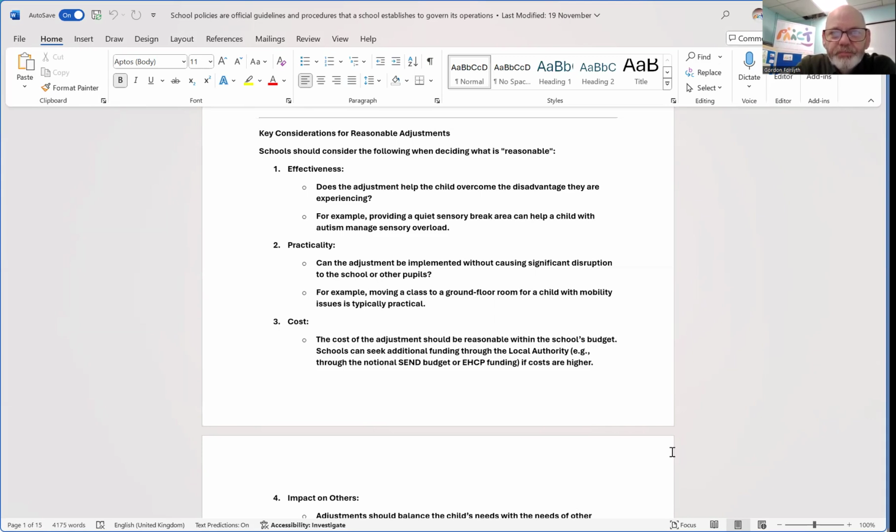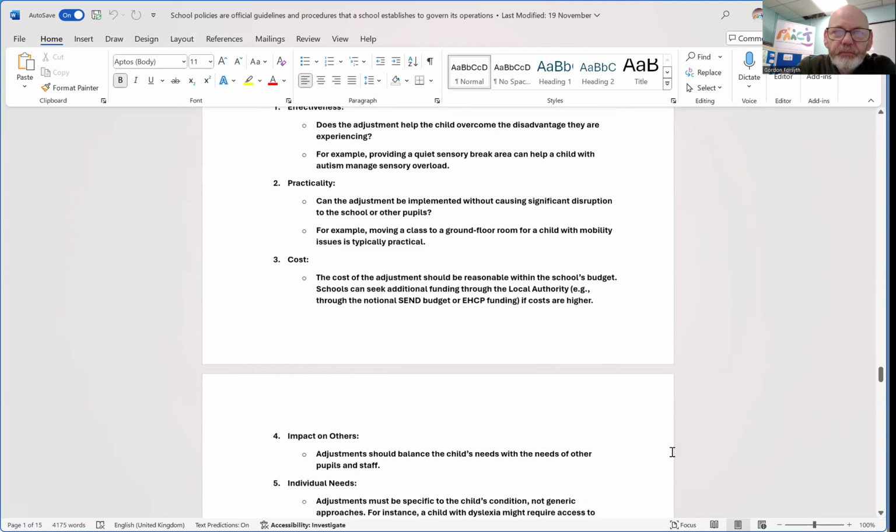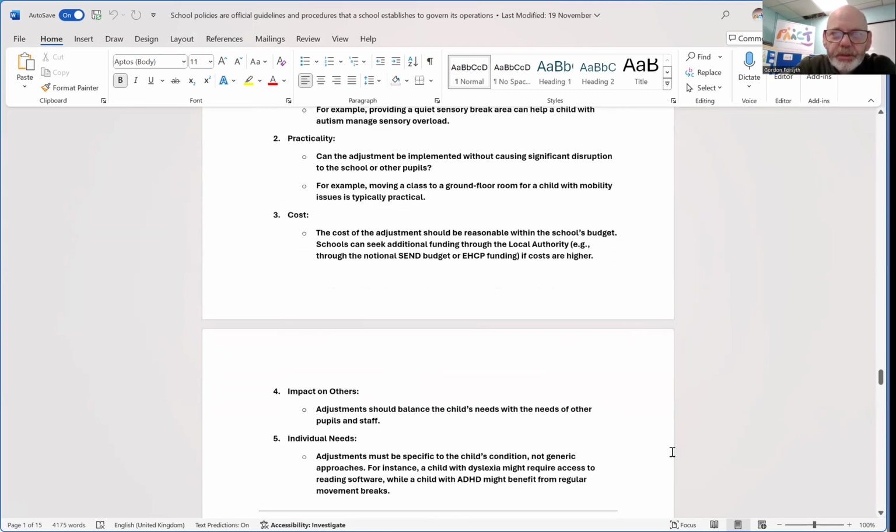Practicality: can the adjustment be implemented without causing significant disruption to the school or other pupils? For example, moving a class to a ground floor room for a child with mobility issues is typically practical. Cost: the cost of the adjustment should be reasonable within the school's budget. Schools can seek additional funding through the local authority, for example through the notional SEND budget or education healthcare plan funding,